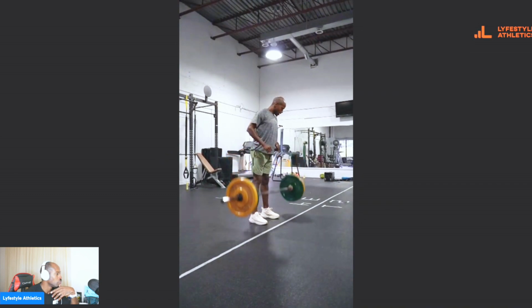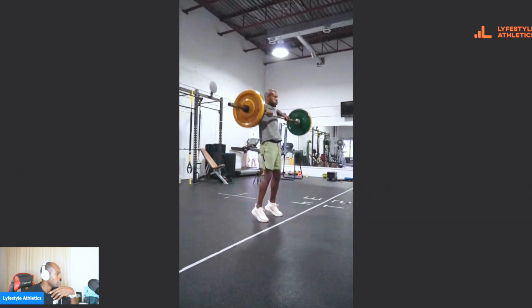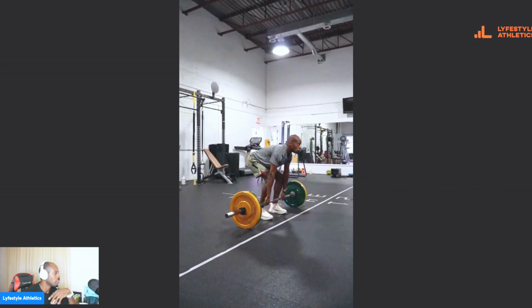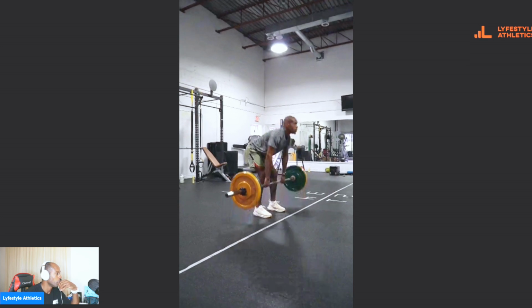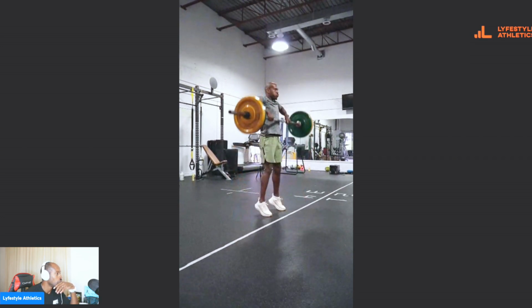The deadlift to high pull is really good. And let me explain this drill a little bit more because I could explain it better, right? So your starting point is on the ground. And if you notice, when I reach for the bar, I'm in that quarter squat position, right? And then what I want to do from this position is push away from the ground with my legs. Once the bar passes